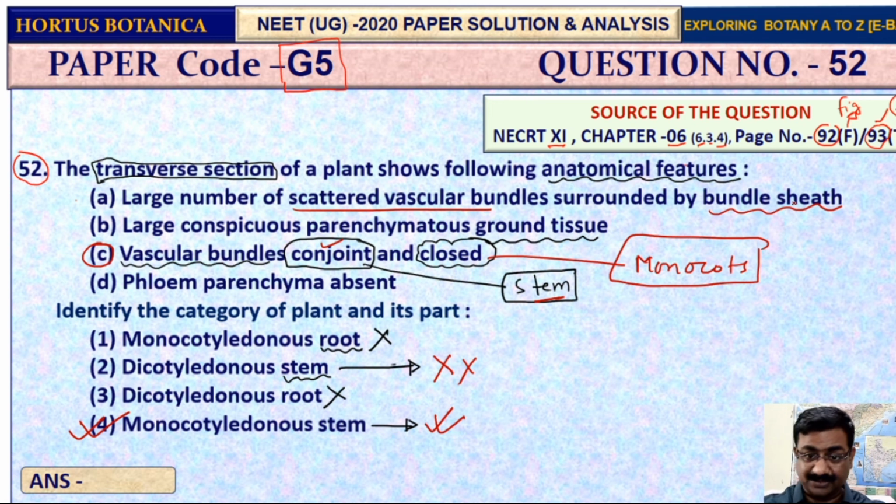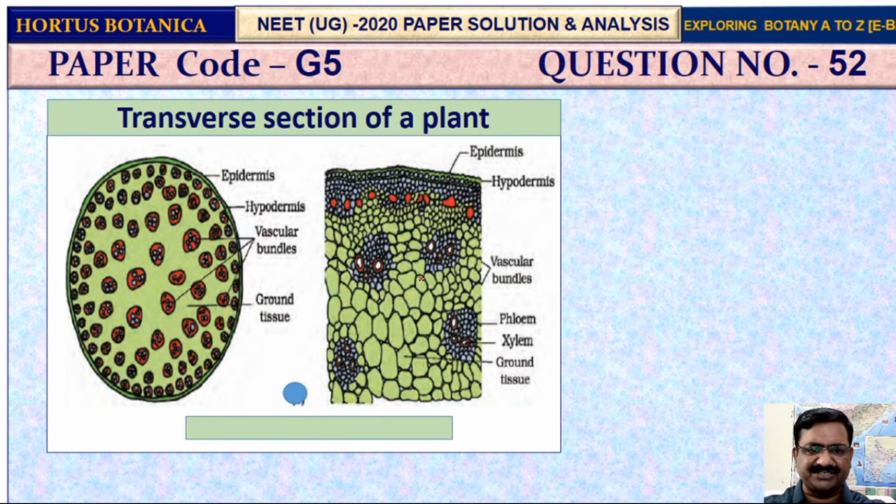Second, that ground tissues, that is the fundamental tissues, are made up of parenchyma, and the phloem parenchyma is absent. So these three lines you can clearly recognize by this section of a plant. See what we are finding. This is the ground tissue, and these ground tissues are living parenchymatous,